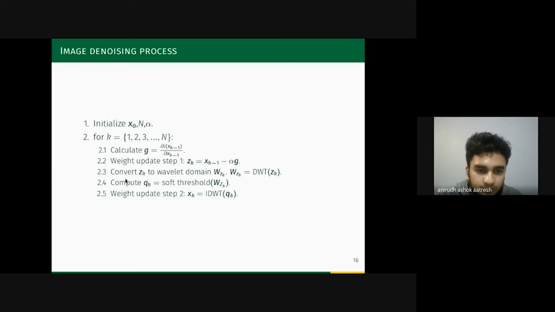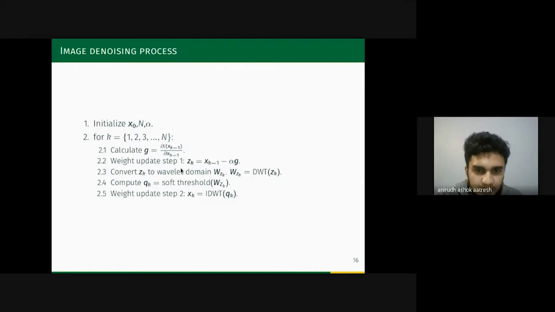In 2.3, you convert zk to the discrete wavelet transform domain. In 2.4, you perform soft thresholding to enforce sparsity. In 2.5, you compute the inverse discrete wavelet transform to obtain an image xk which has wavelet coefficients much sparser than xk minus 1 and its corresponding wavelet coefficients.